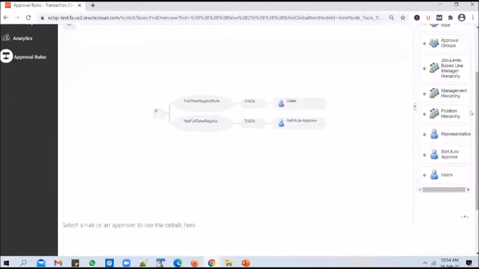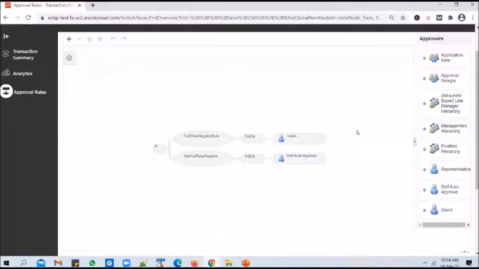And one misconception that the students usually have is, yes, we use only one approver at a time in the training sessions, but that does not mean you can only use one. You can use any combination of approvals in each and every branch. So here, after the Fusion.Func user approves it, I can use management hierarchy, or you can use approval group.